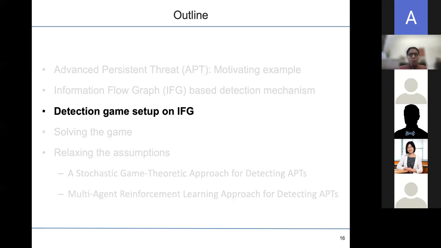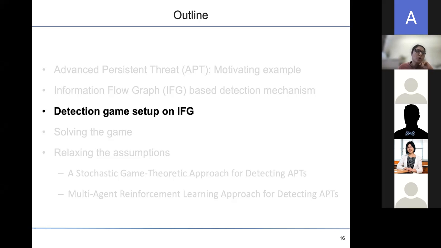Shana, I had one question. You were talking about the stealthy attacks, right? With low stealth attacks, you won't be able to identify them. So when you're pruning the information flow graph, how are you ensuring that you're not pruning some of the attacks themselves? Because it could be that some of the edges which you're pruning could be the attack itself, right? How do you ensure that you're not doing that?